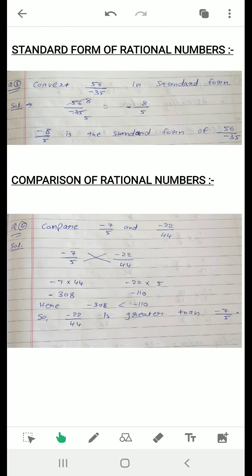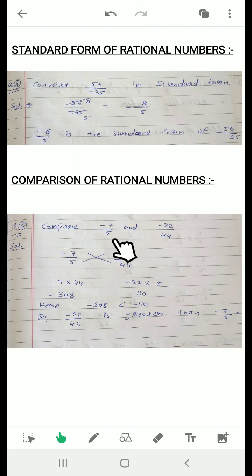Now, comparison of rational numbers is also similar to comparison of fractions. I am again and again saying that fractions and rational numbers have a lot of similarities. The processes we use in fractions and rational numbers are almost the same. In other words, we can say that rational numbers are a combination of integers and fractions. Rational numbers use the properties of both integers and fractions. See how they are used.